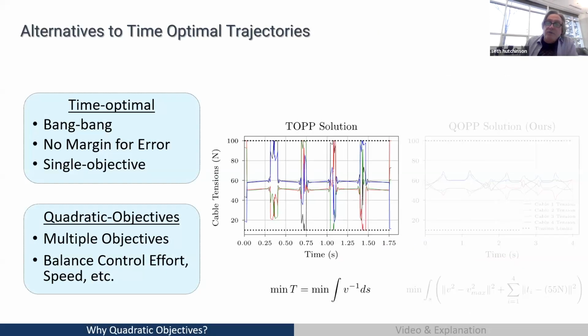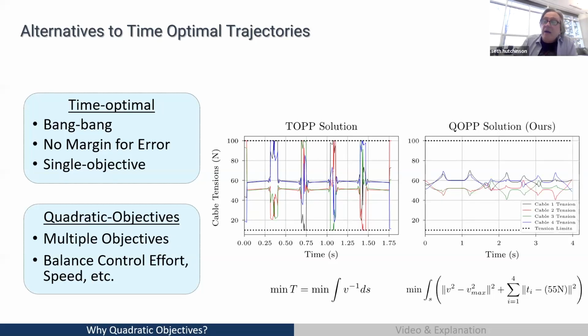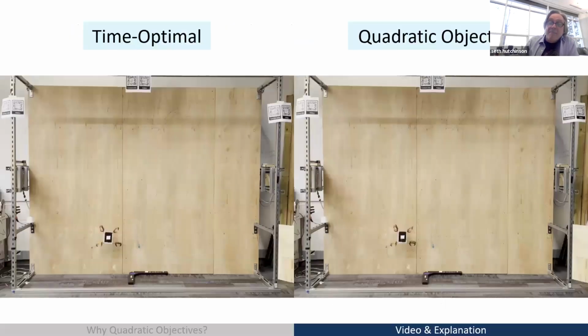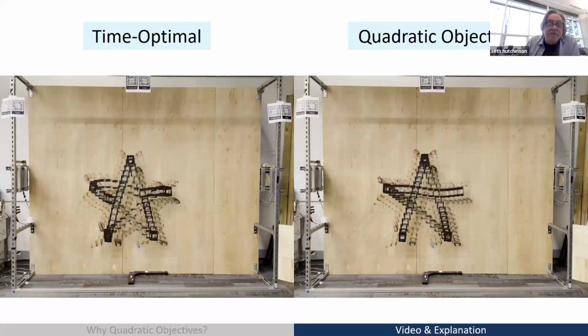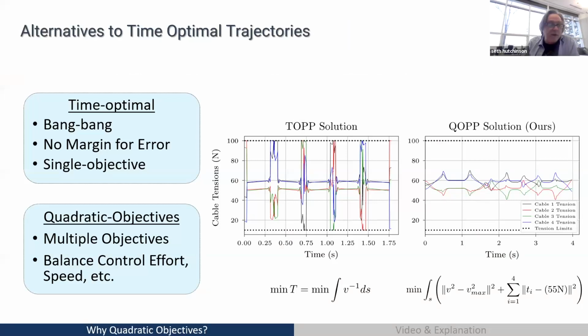I'm going to show you 2 results, right? This is the time optimal control, which is a bang solution. It's not surprising. And then there's a quadratic objective control, and the objectives are shown at the bottom, right? And the reason to show you this is to say, if you've got a model, you can do optimization, and if you can do optimization, you can swap your performance functional for whatever you like. And so here you see 2 results. On the left is the time optimal control, and on the right is a control that minimizes this thing that's shown at the bottom, right?